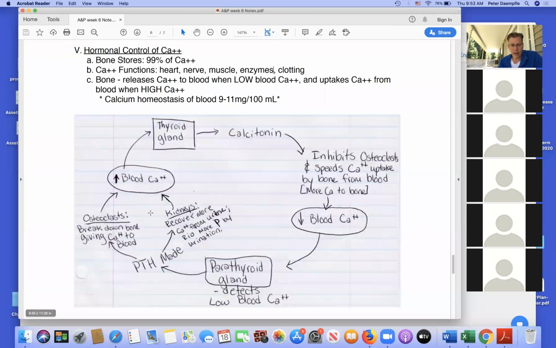Similarly, the kidneys are going to recover more calcium from the urine, so you're going to pee out less, so you have higher blood calcium. Calcitonin is going to act the opposite way. What else is PTH going to do? It's going to get rid of more phosphorus. Now, this is a weird thought. Less phosphorus